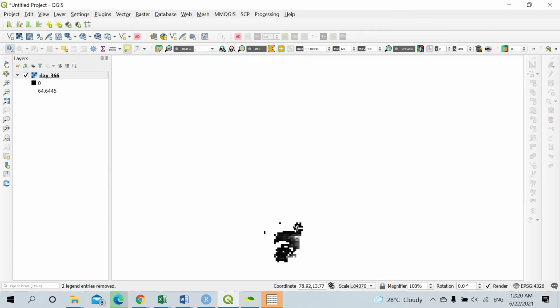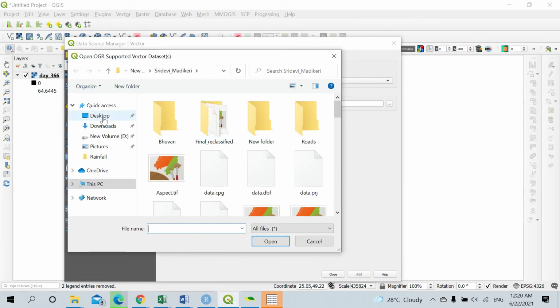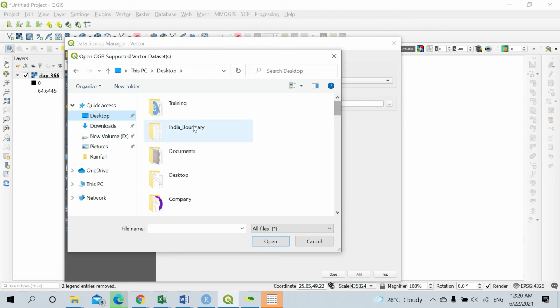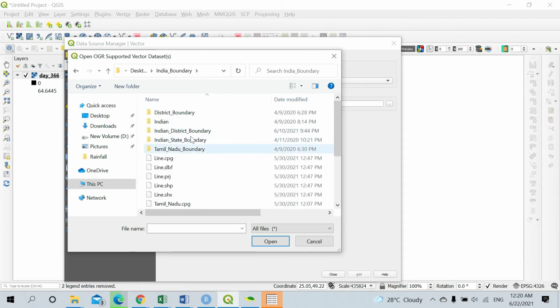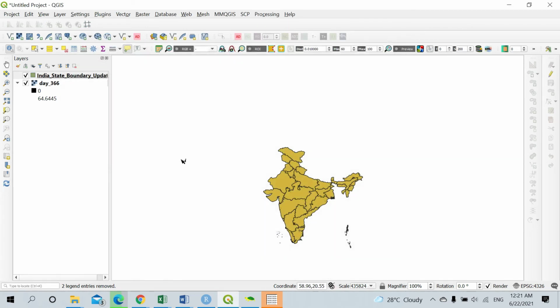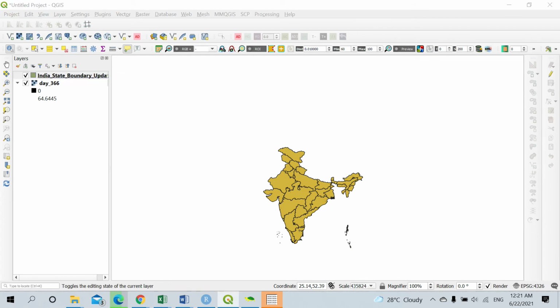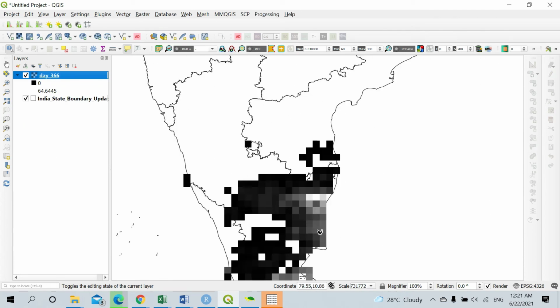So from 0 till this, you can actually load a shapefile of India. So that will be like present. We need this updated Indian boundary. I have actually shared a video on this also, on how to download this updated Indian boundary. You can have a look at it, and you can make use of these data sets also.